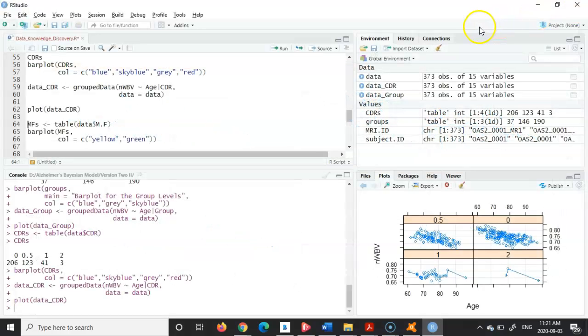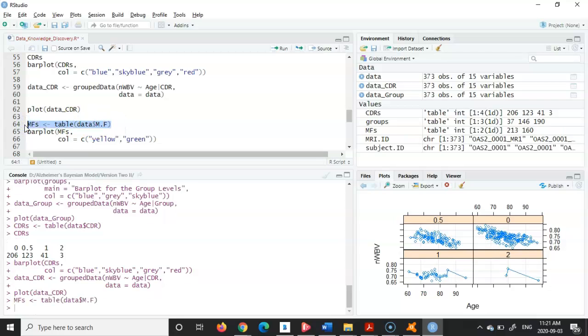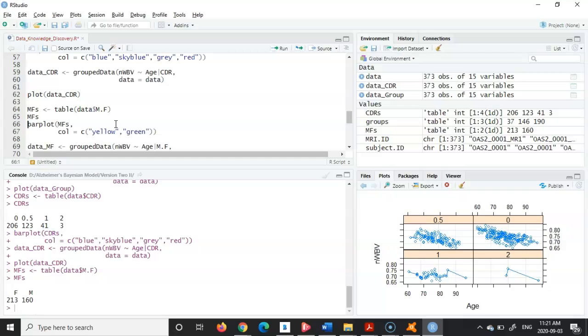Okay, and now we're just going to do the same thing. I'm just going to go to the gender. You see this line of code. I'm just going to see that. What about the gender with respect to the males and females? You see that in our group, we have 213 female participants in our study, and we have 160